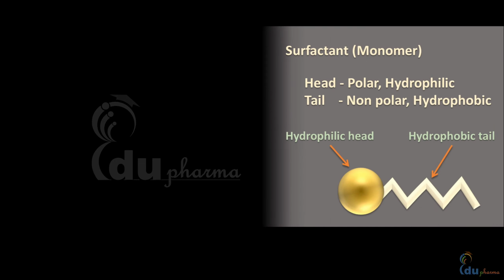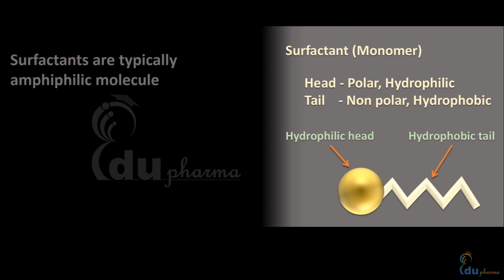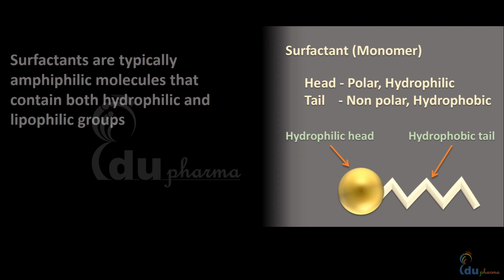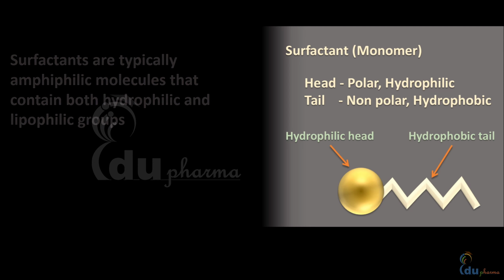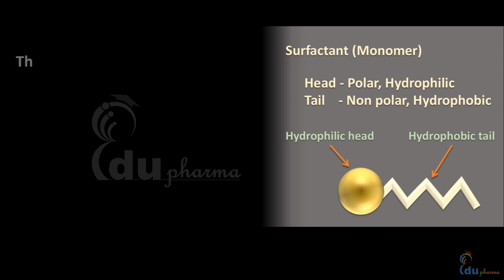Today I am going to discuss HLB. When the word surfactant is used in any field of science, HLB has great importance. As we know, surfactants are typically amphiphilic molecules, meaning they contain both hydrophilic as well as lipophilic groups. Functional groups such as alcoholic, carboxylic acid, sulfate and quaternary ammonium contribute the hydrophilic portion, while alkyl chains contribute the lipophilic nature of the molecules.